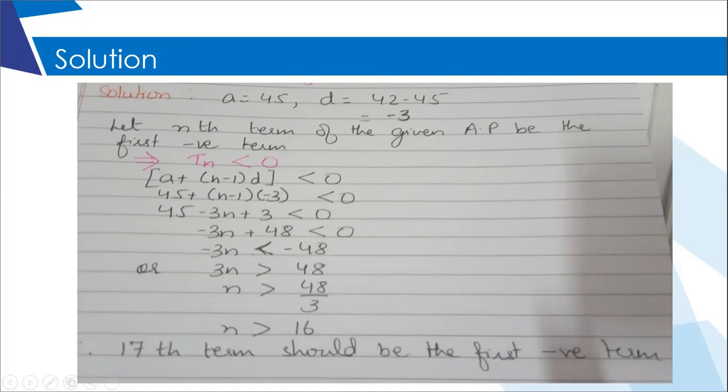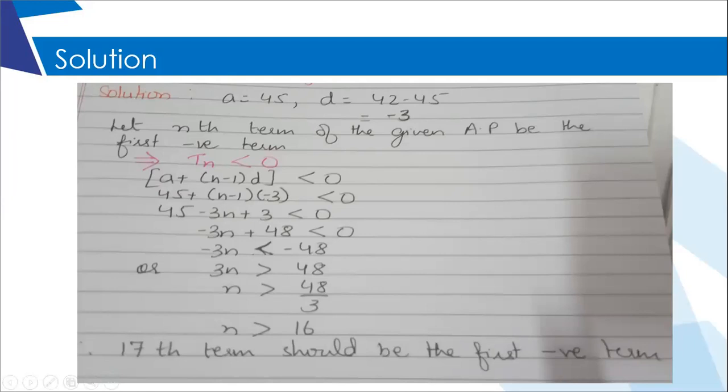Yes, ma'am. No, you cannot do that because we don't know whether 0 is a member of the series or not. So how can I say that the term should be equal to 0? No, ma'am, we are just assuming, we have to find if 0 is a part of this or not. So we calculate the position of 0, and then the next whole. How do you know that 0 will be part of the series? Most probably it's not a part, and so the value of 0 will be in points, like 16.25, something like that, and then the next.